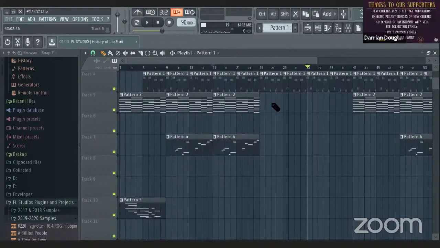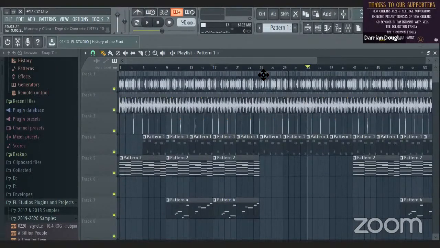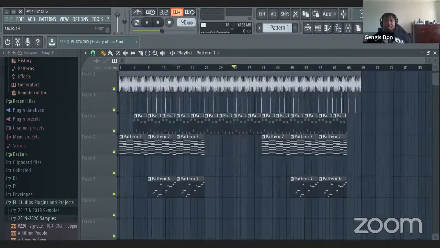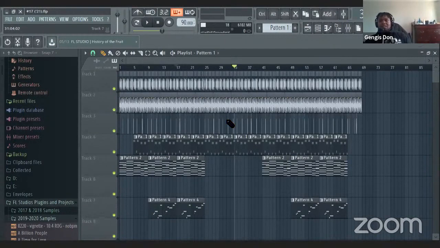So hey, Gengis, I have a question. Since you took all the harmony pretty much out there, is this more geared towards a rapper, MC, or a singer? It can be either. Traditionally I would gear it towards a singer, and if you're working with a competent singer, they'll be able to add harmony on top of that, because sometimes they like to add their own harmonies.